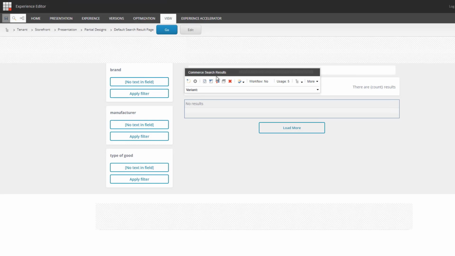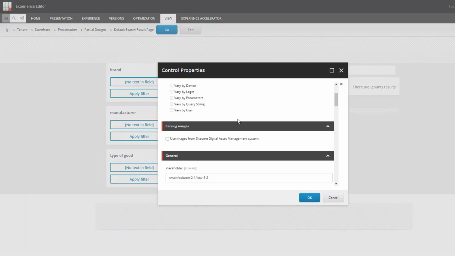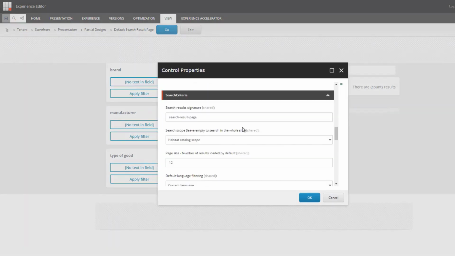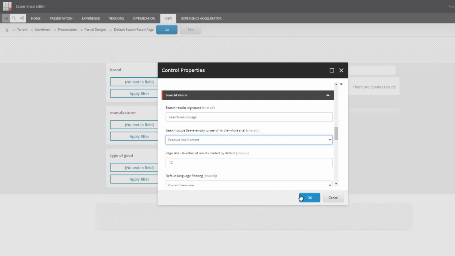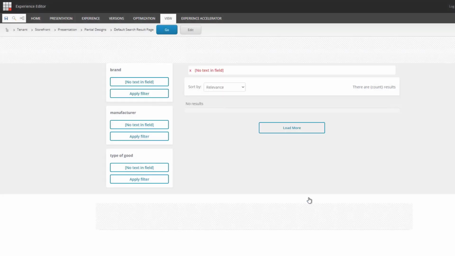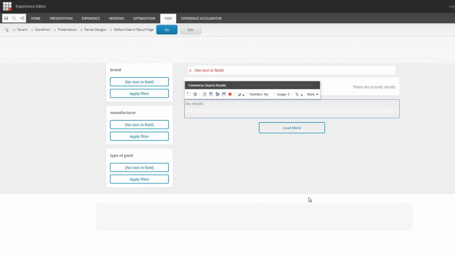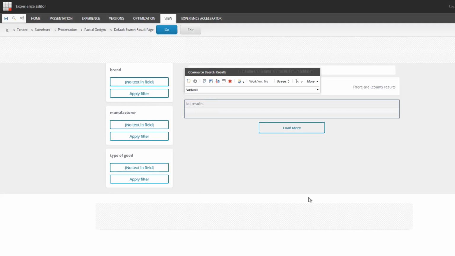And the control that I'm interested in most at the moment is a commerce search results. I'm just going to edit the properties on that. And I'm going to scroll down to the search scope and specify product and content as the search scope. And so that's going to tell this page as a whole, because all of these controls are actually linked together, that I'm only going to be querying items within the index that correspond to that search scope